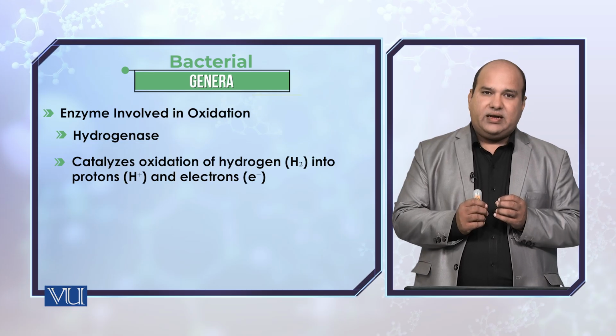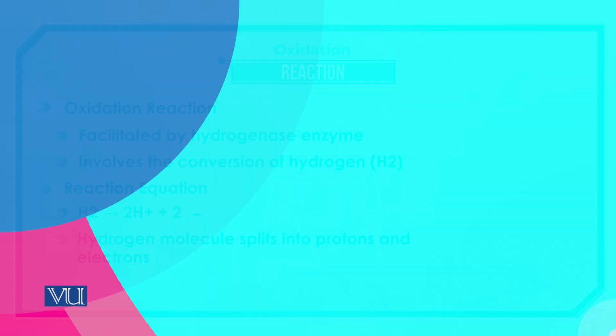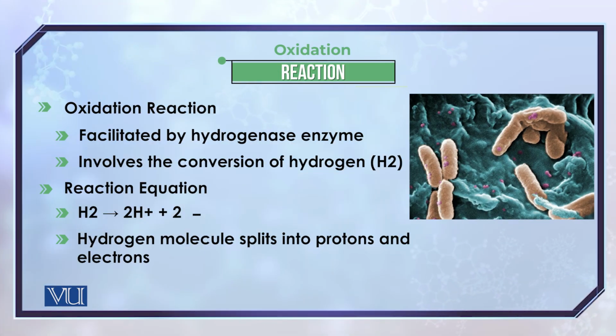The oxidation reaction facilitated by the hydrogenase enzyme produces hydrogen ions along with electrons. The hydrogen molecule, as a result of the oxidation facilitated by the enzyme hydrogenase, is separated into two